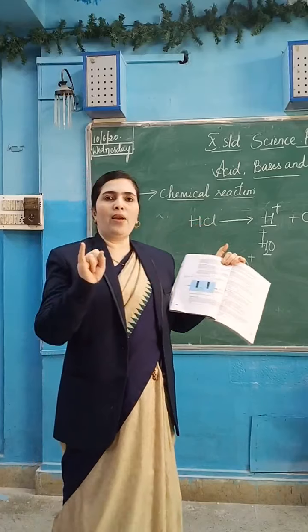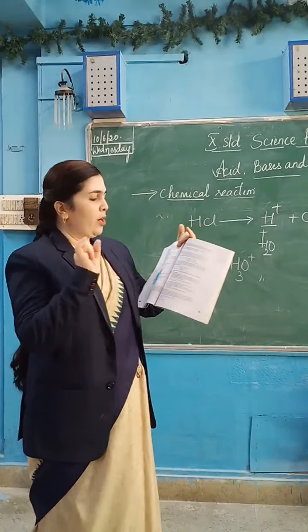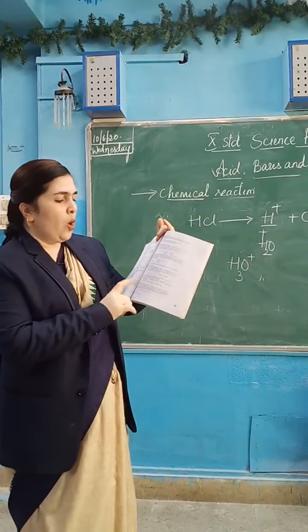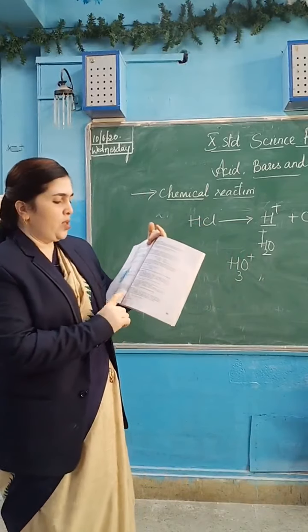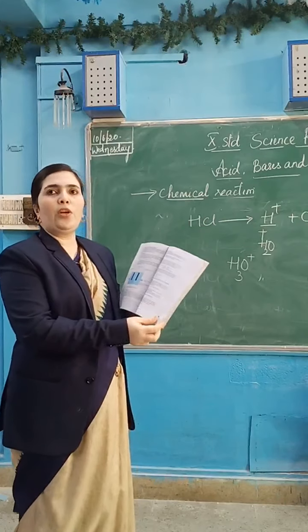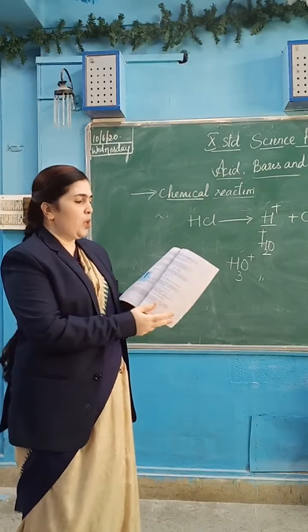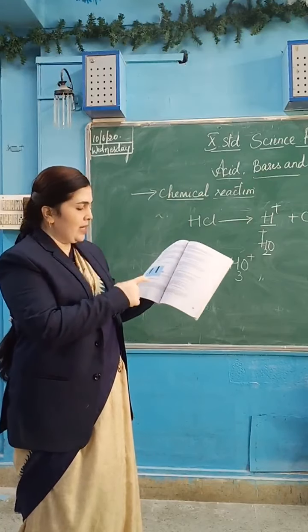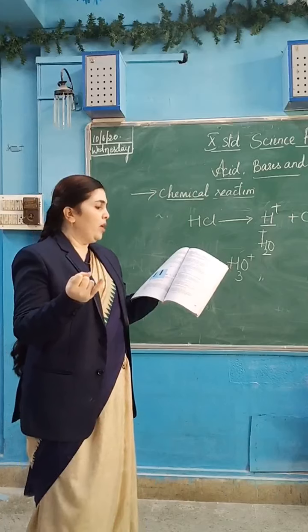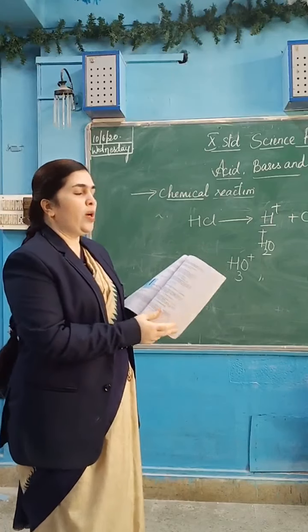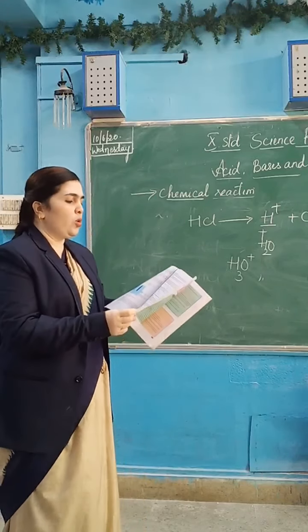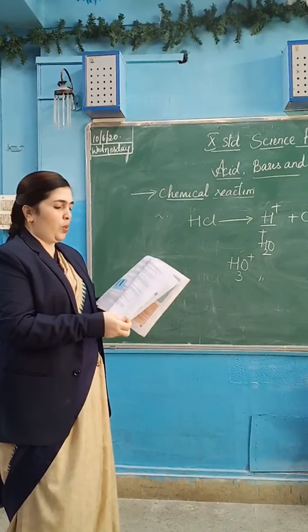Manufacture and uses. How many products are there? Bleaching powder, manufacture and its uses. Baking powder, manufacture and uses. Washing soda, manufacture and uses. Along with the chemical equations, you have to learn. One question is definite from this unit. In this lesson, bleaching powder, baking powder, washing soda, manufacture and uses. One question they will definitely ask from this unit.